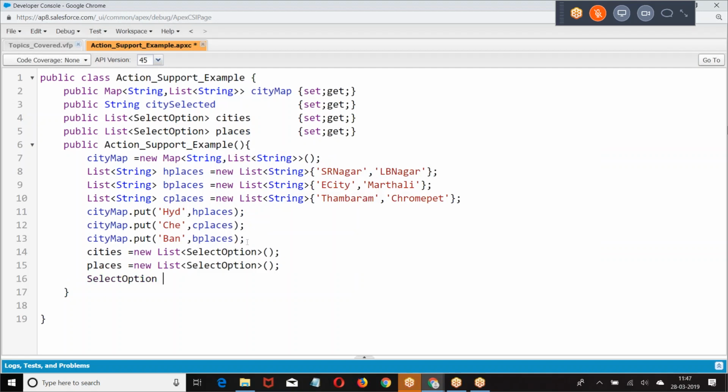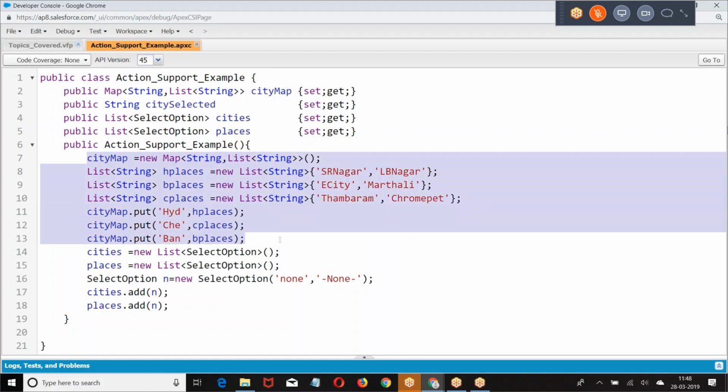Then I created a select option equal to. Then I'm giving cities dot add. Now in this code, if you have any query, let me know, boss. Till now I didn't use this. Simply what I told: create a pick list for cities, pick list for places, add the none option to city, add the none option to places.